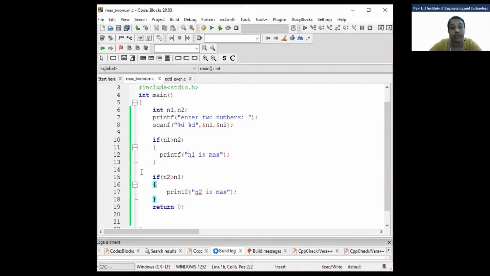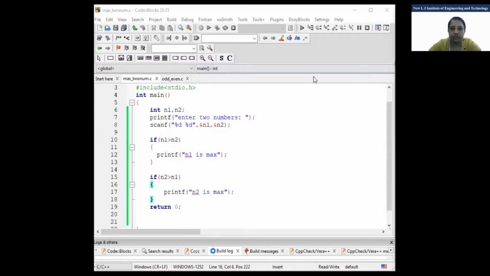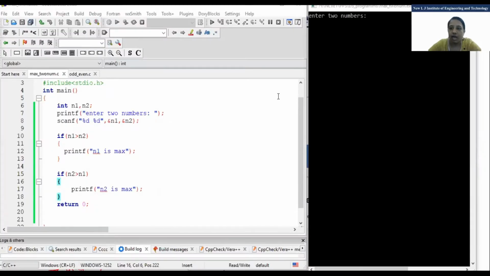Same program we will do with if else also. So I'll just run that program. Just tell me if the screen is visible or not, right? The output screen. Output screen is visible. Yes. Okay, fine. So see, it will ask me to enter two numbers, right? If I have not written that, then a blank screen will be there. I'll enter 5 and 8.